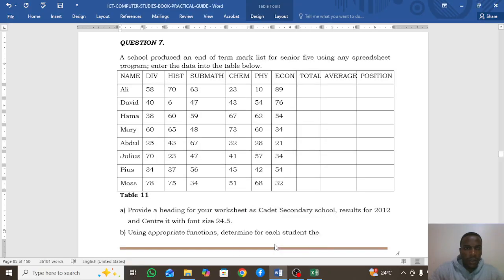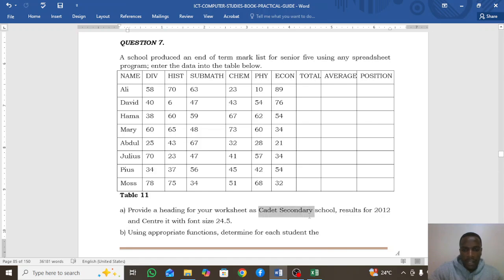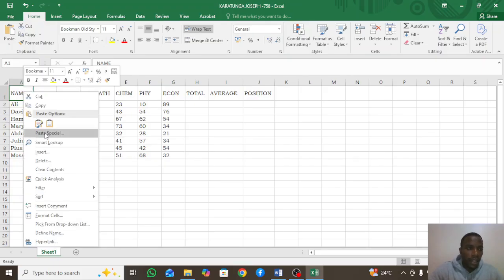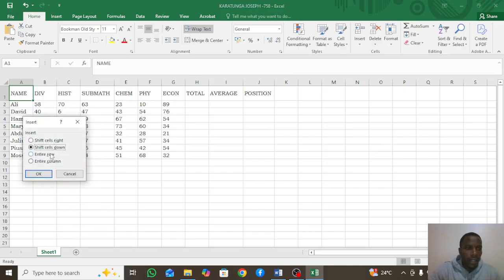So let's see what question 1 is saying. Question 1 says, provide a heading for your worksheet as Cadet Secondary School results for 2012. So our heading always has to appear on top of everything in our worksheet. So we are going to create a new row on top of our table. To create a new row, you right click anywhere in the first row, then you go to insert, then entire